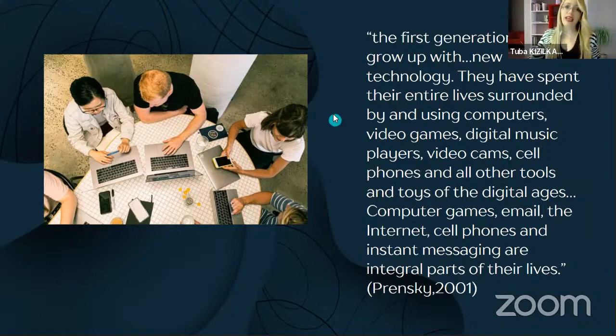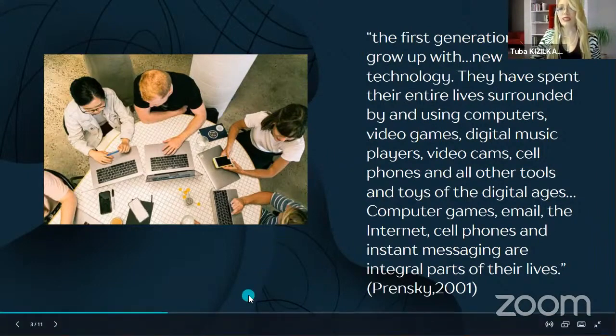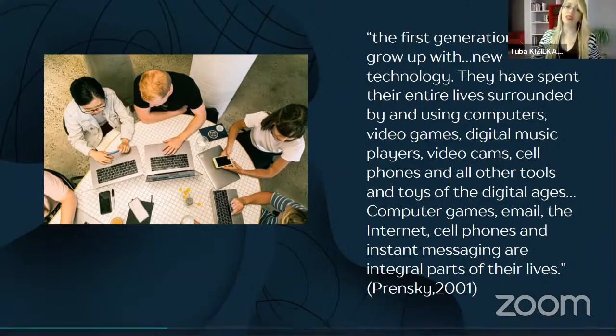And he says, they grow up with new technology. They have spent their entire lives surrounded by and using computers, video games, digital music players, video cams, cell phones, and all other tools and toys of the digital age. Computer games, email, the internet, cell phones, and instant messaging are integral parts of their lives, as indicated by Prensky in 201